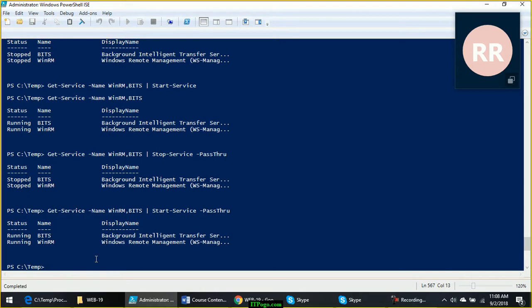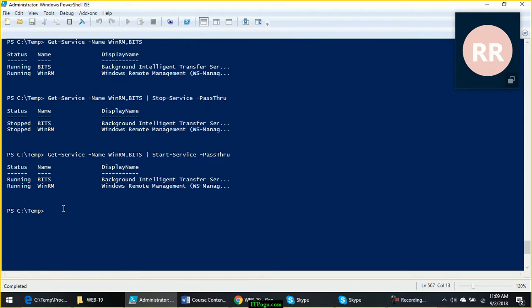Now the question is, when you have the pipeline, why don't you use the pipeline for restarting the service in one command line? How to do that? Suppose these services are currently in running status. I want to restart these services. So what is the first step for restarting? You have to first stop the service. Stop-Service.